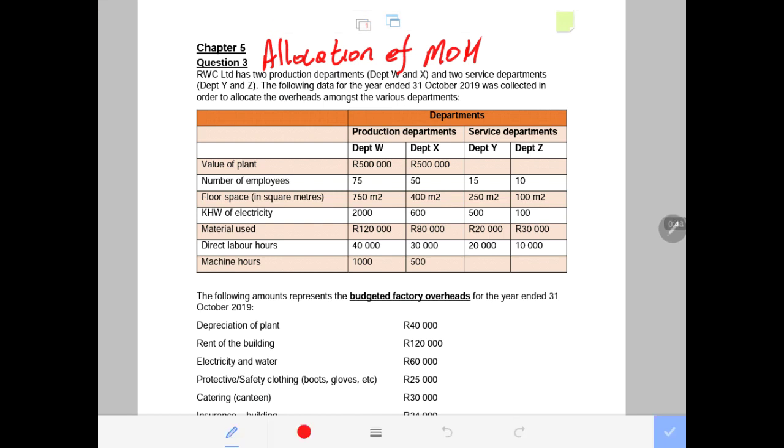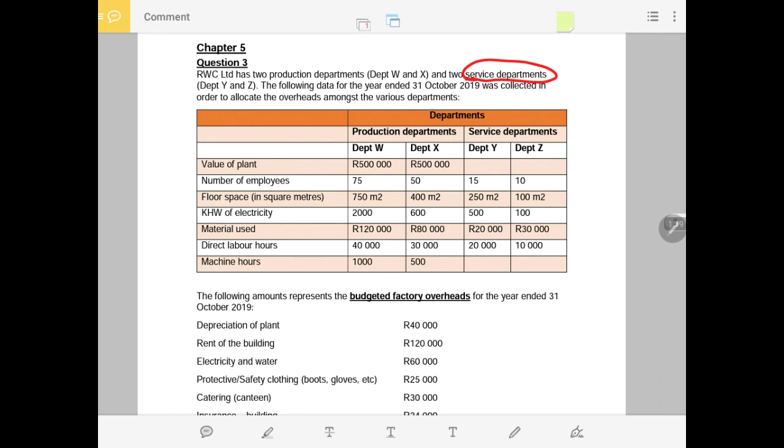We are provided with RWC Ltd information for the two production departments, meaning they have two production departments being Department X and Department Y. And they have two service departments, meaning departments that are rendering the services to other departments. Now, these service departments are Department Y and Department Z. And it says the following data for the year ended 31st of October 2019 was collected in order to allocate and classify the overheads amongst the various departments. And we have these four departments,